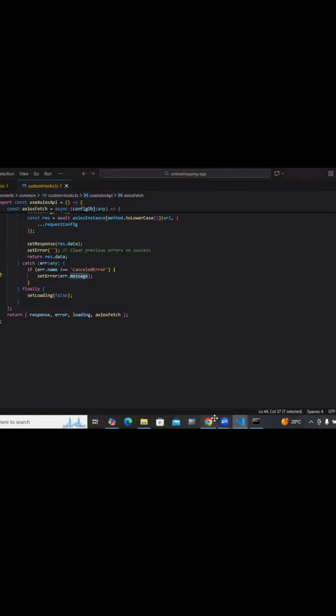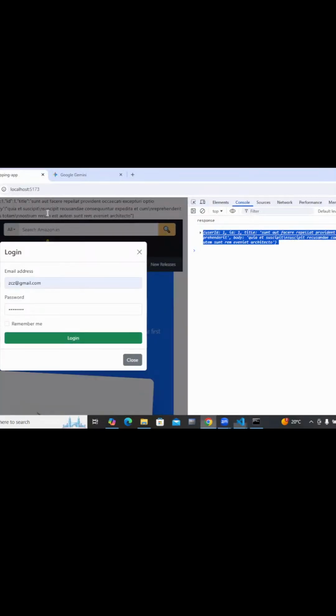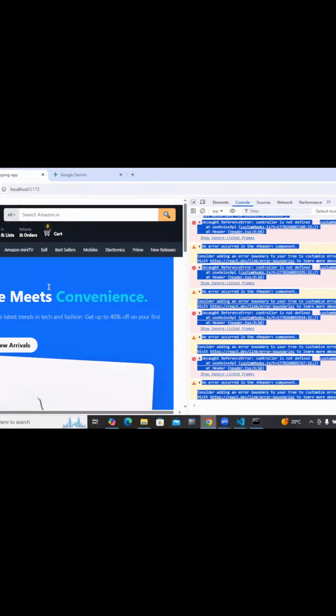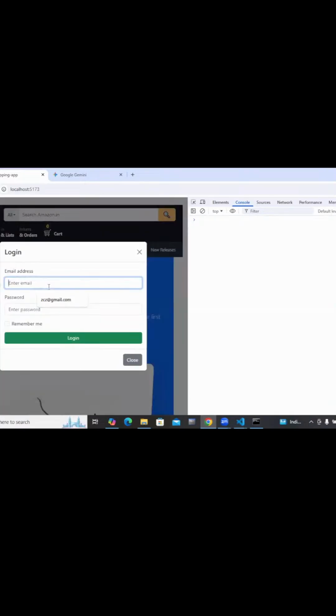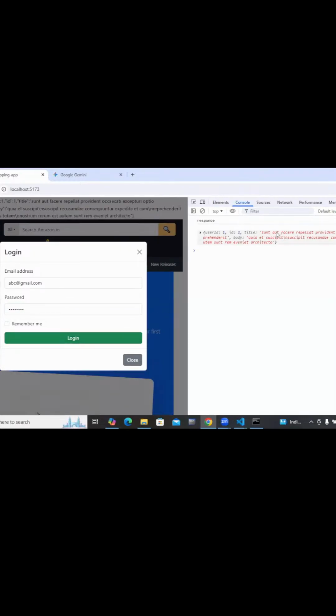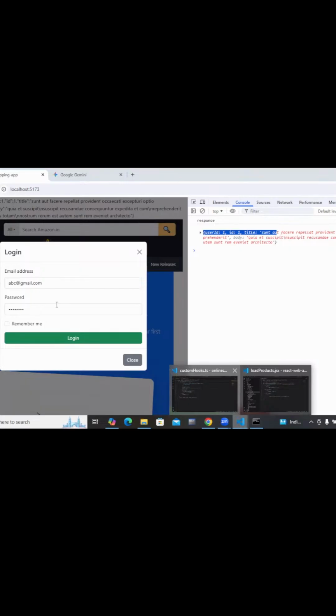Okay. Now let us reload this guy. Now I say this login abc@gmail.com. I say hello 123. Once I click on login, you see I'm getting the response. Now I don't need to even render it on the UI also.